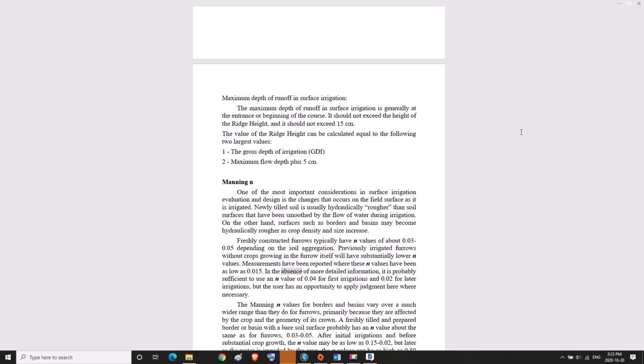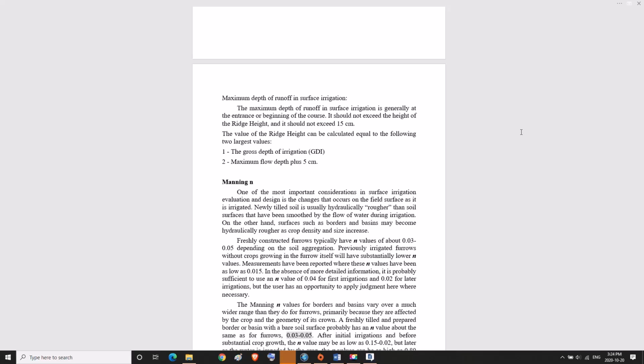In the absence of more detailed information, it is probably sufficient to use an N value of 0.04 for first irrigations and 0.02 for later irrigations, but the user has an opportunity to apply judgment here where necessary. The Manning N values for borders and basins vary over a much wider range than they do for furrows, primarily because they are affected by the crop and the geometry of its crown. A freshly tilled and prepared border or basin with a bare soil surface probably has an N value about the same as for furrows,